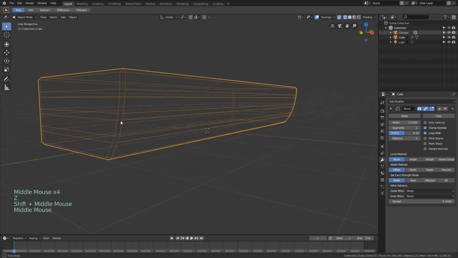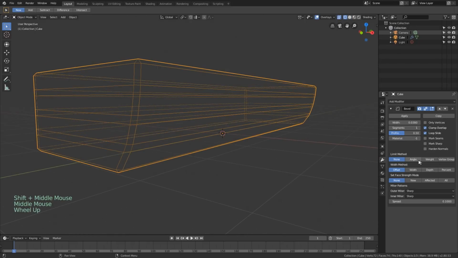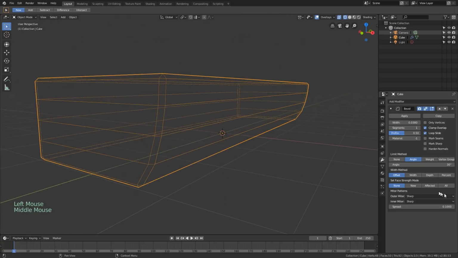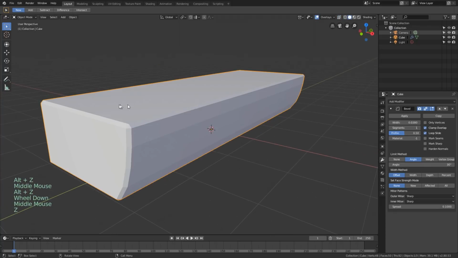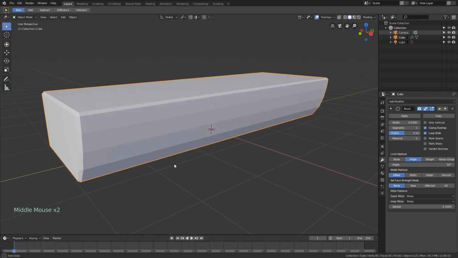Now in wireframe view, I can see I'm getting extra geometry here from the bevel, so I'm going to just change this limit method to angle, and then that means only angles greater than that will get the bevel, which in this case I'm looking for basically these 90-degree angles. So 30 covers us good. We could even bump this up a little bit, but I want that one down there too. Okay, so we got that looking cool.